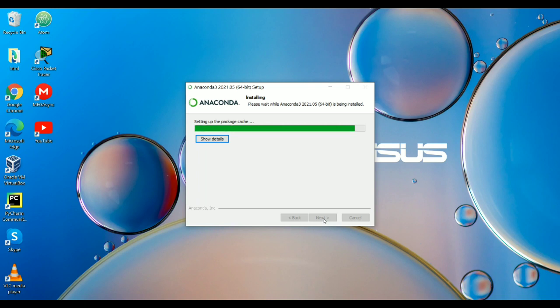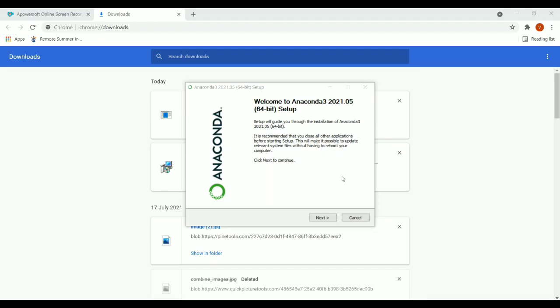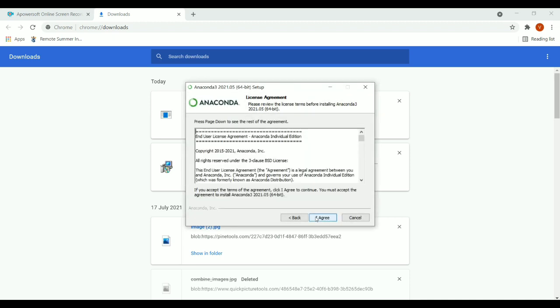So it's taking a time to install the setup. So now the setup has been installed.